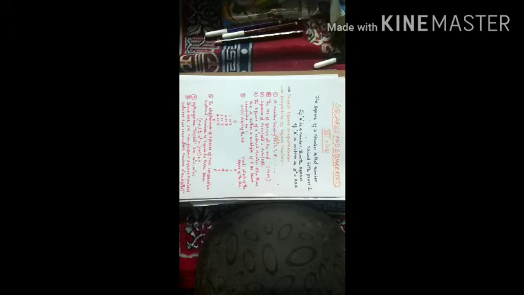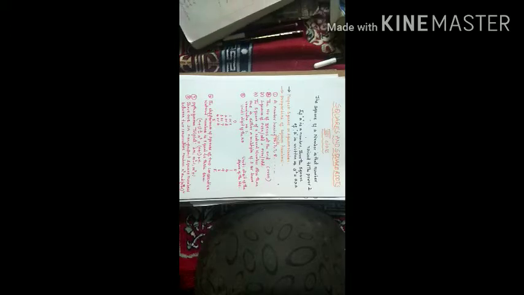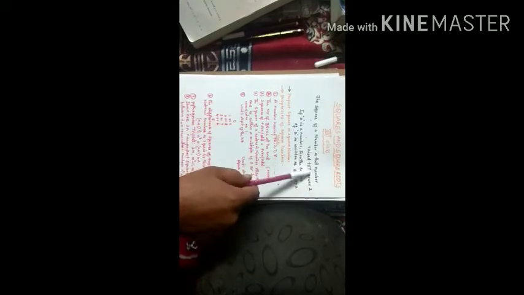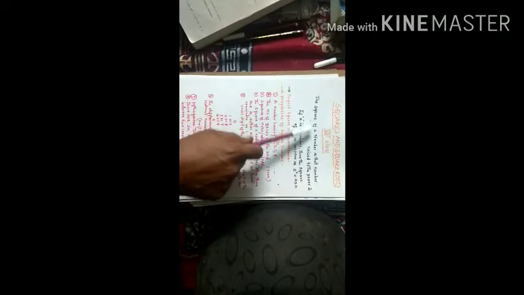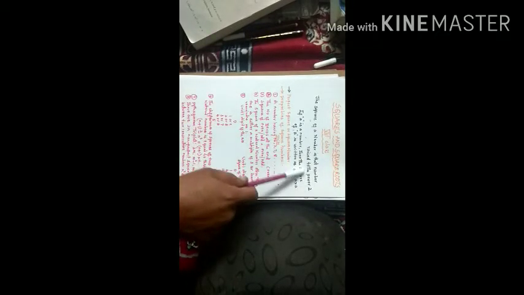And in your NCERT textbook it is a very small chapter, but I want to explain this chapter in a brief class. So before that I want to explain what is a square. A square number is nothing but the square of a natural number. The square of a natural number is that number raised to the power of 2. So here I wrote one definition for the square number.